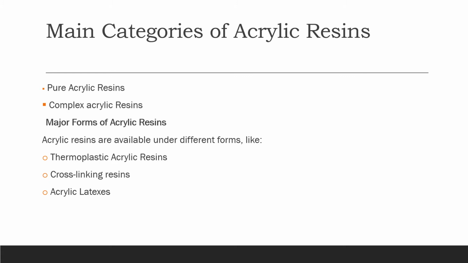One more familiar example of complex acrylic resin is styrene. Styrene is probably the most used, and the resulting resins are known as styrene acrylic. It's a copolymer of styrene and acrylic resins. These monomers are significantly less expensive than the pure acrylic ones, and they are known to increase water resistance and lead to both alkali resistance and improved hardness. Means they are very good in water and alkali resistance and would give you good hardness properties as well.